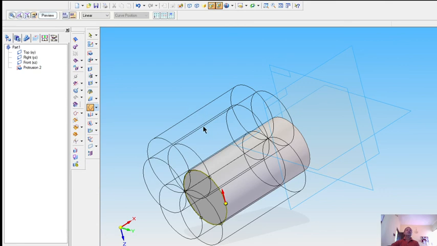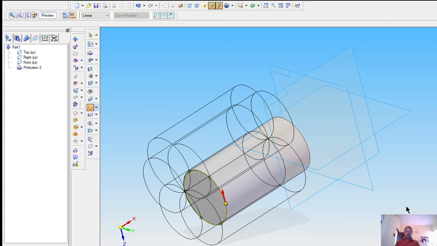So I will repeat the procedure. First, click on the pattern along the curve. Next, click on the feature, then give the count numbers, whether it is 4 or 6, then select the edge and accept the display side.